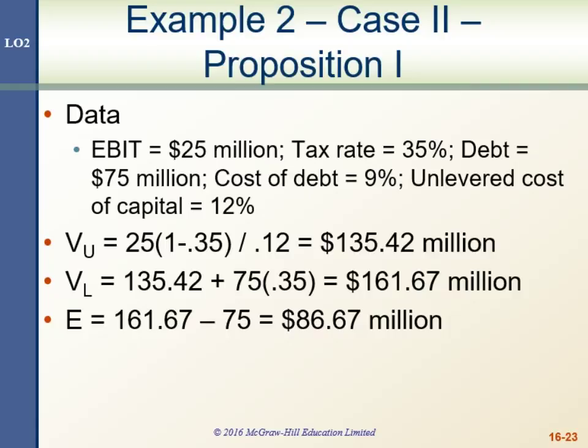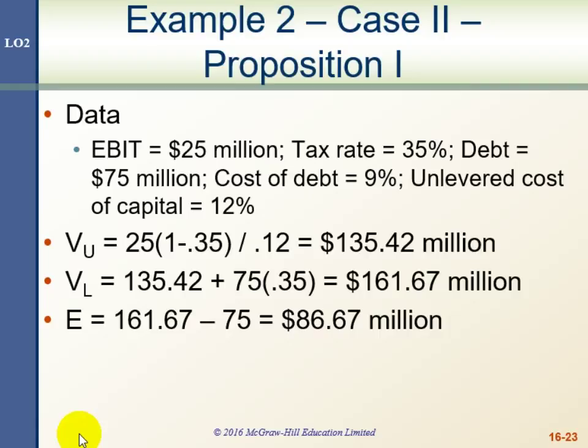So the value of the unlevered firm is the 25 million times 1 minus 0.35. That's the amount of cash flow after paying taxes. We're going to assume it's returned in perpetuity, and so the amount of the cash flow divided by the 0.12 discount rate tells us that the value of the unlevered firm is $135.42 million. If we take that 135.42 and add the amount of the debt times the corporate tax rate, that tells us that the value of the levered firm is